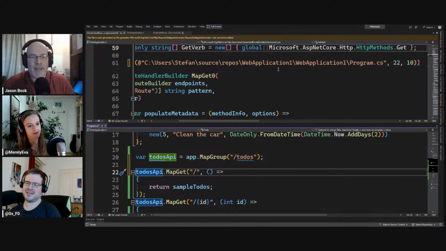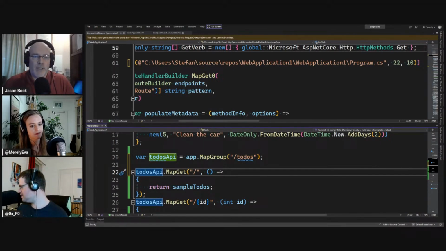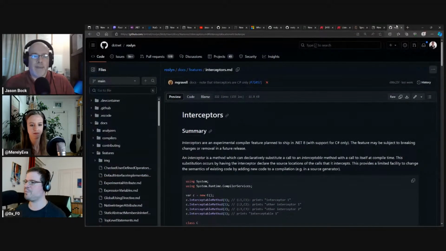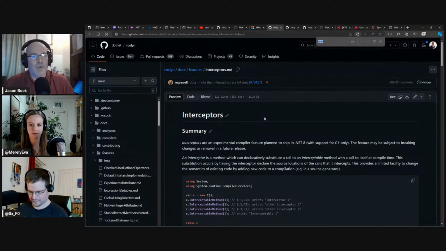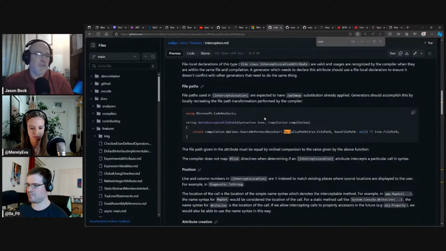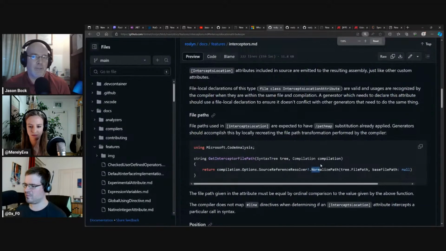In their documentation, I'll put that in the private chat, there's a section on file paths, and in the compilation options there's a way to normalize the path, and that way it's supposed to work anywhere. It doesn't matter what the OS is. Oh, okay.